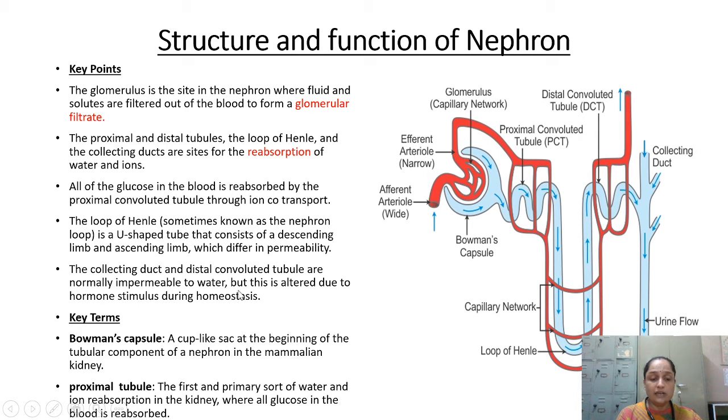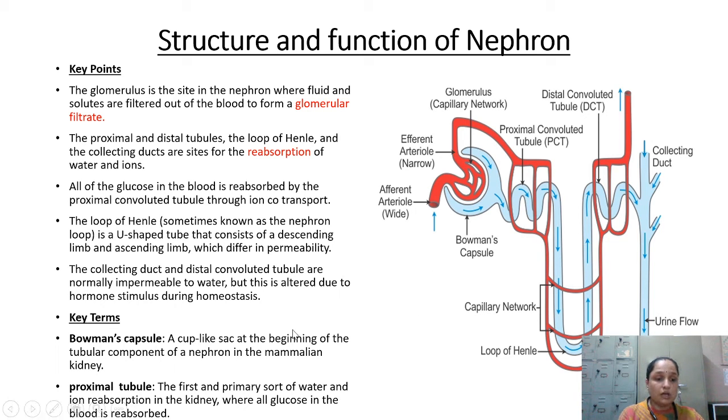Now, the collecting duct and the distal convoluted tubules are normally impermeable to water. ये कैसे है normally? Which part? The collecting duct means this one, and this part. ये normally impermeable to water है. ठीक है, तो ज़्यादातर reabsorption is going to end up in the Henle's loop. But if some excess amount still remains, that only distal convoluted tubule is going to pour into the renal vein.